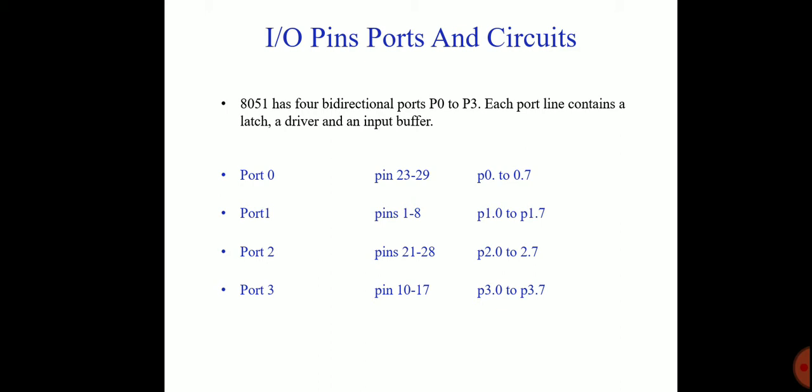It performs two functions: simple input-output operation, and external memory interface for the lower order address bus and data bus. Now the simple input and output operations: the data from the internal bus will be written into the D flip-flop under the write-to-latch signal from the CPU. The output of the flip-flop is placed on the internal bus through the buffer. When a pin is used as an input, a 1 must be written to the corresponding port 0 latch. When it is used as an output, the data will be directly loaded to the latch.